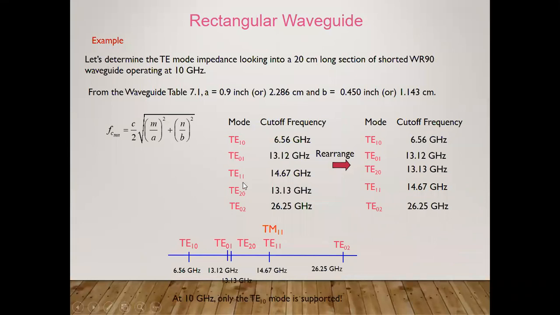See here the modes TE10, TE01, TE11, TE20, TE02, and the cutoff frequency is here. You can measure it with the help of the formula. See here the cutoff frequency again in gigahertz. You can find easily as per the frequency ranges. You can place your mn mode: TE10, TE01, TE11, TE20, likewise. And this is the formula by which you can calculate. These are the dimensions of your waveguide, a, b and c. You can substitute in inches, you can convert into centimeters and meters, and you can substitute and find the unknown parameters.